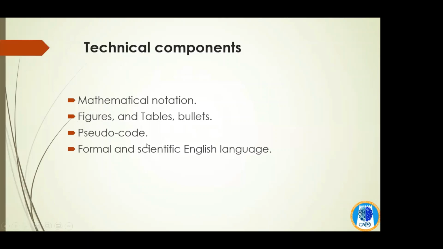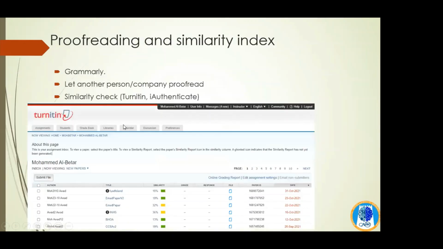And last thing, depend on the formal and scientific English language. Because the way of description in the well-reputed journals is the English language, and mainly we are not native speakers. This is the way. Okay. So after we prepare our paper and after we finish the preparation, we need to go through some proofreading